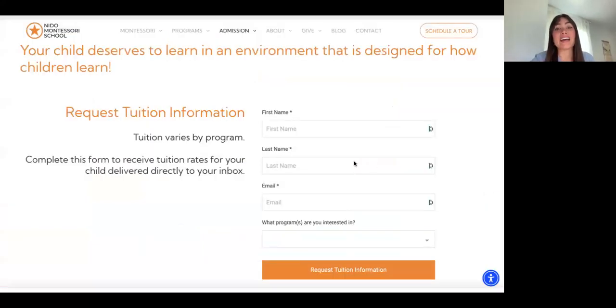This is how we gate our tuition. Request tuition information. Tuition varies by program. Complete this form to receive tuition rates for your child. I'm also going to reference later our full tuition landing page because this is a huge thing you can do